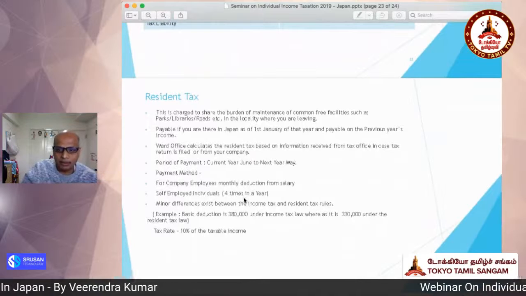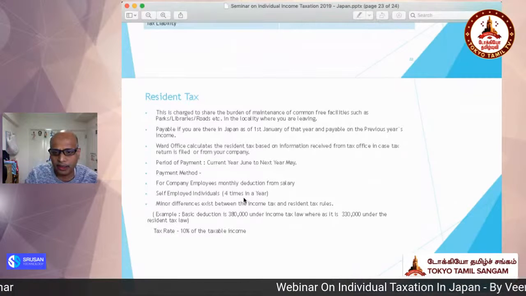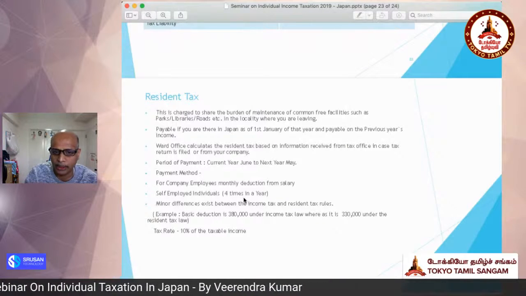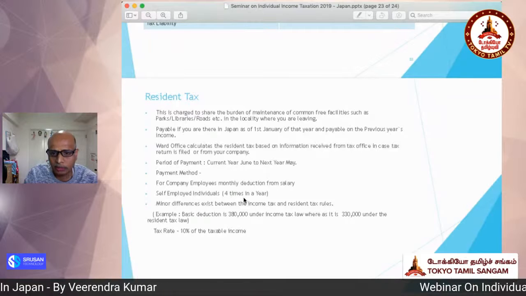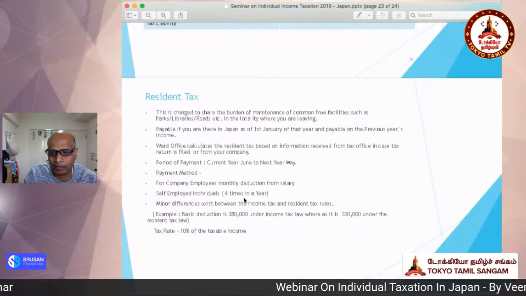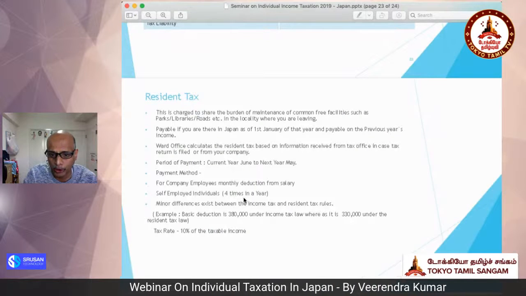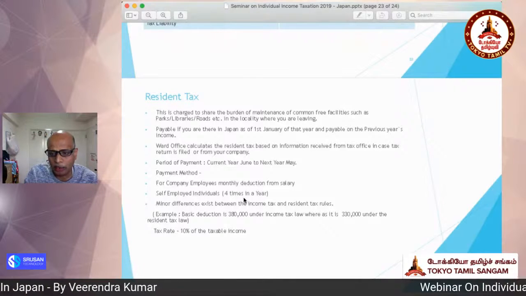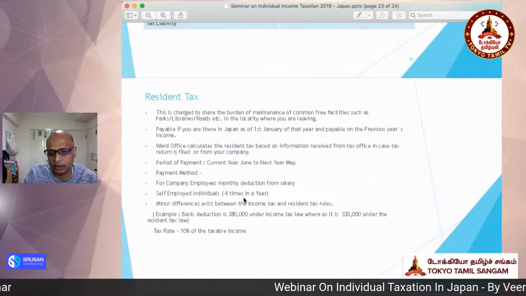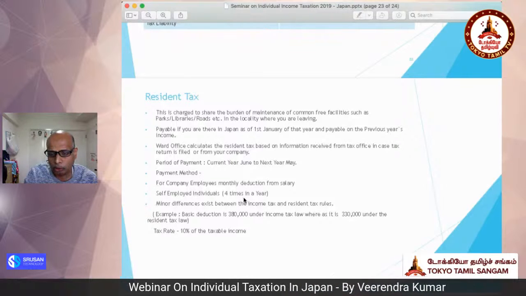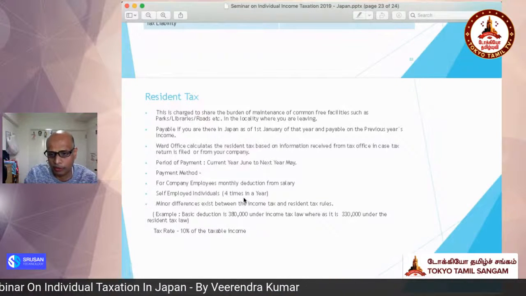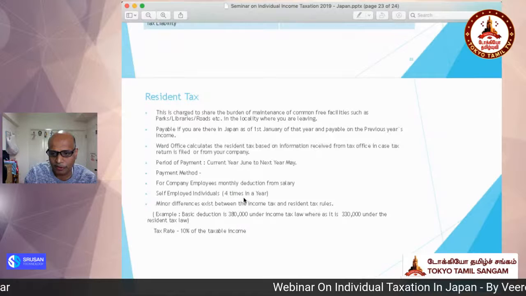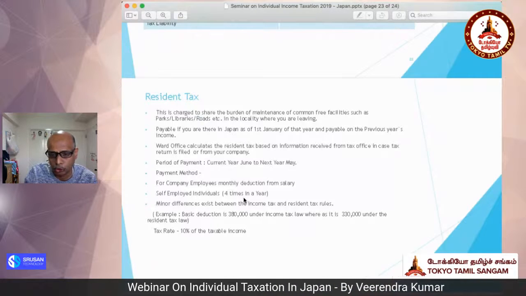And resident tax, the objective of resident tax is that we normally use many free facilities wherever we are staying, for example, library or parks or roads, etc. So the objective is to fund this kind of facilities which we are using. And this is payable if you are there in Japan as of 1st January of that year, and it is payable on the previous year's income. For example, if you are there in Japan on 1st January 2021 in the Ward Office records, then whatever income you have earned in 2020, on that income, the resident tax is payable from June 2021 to